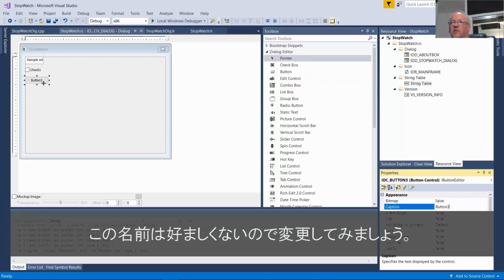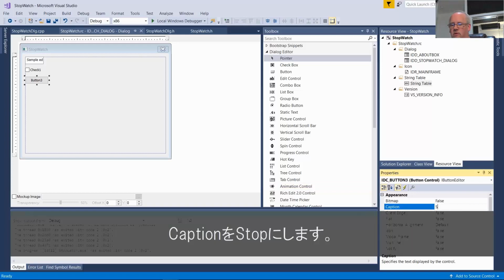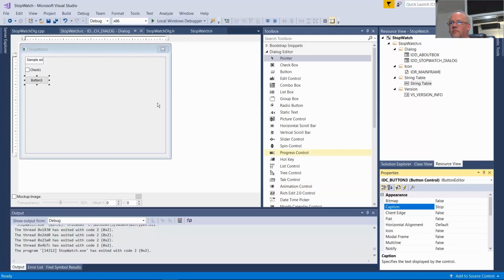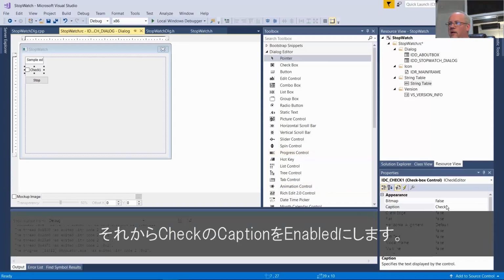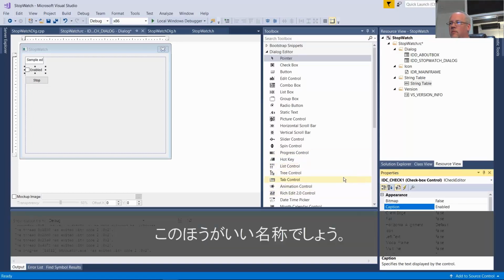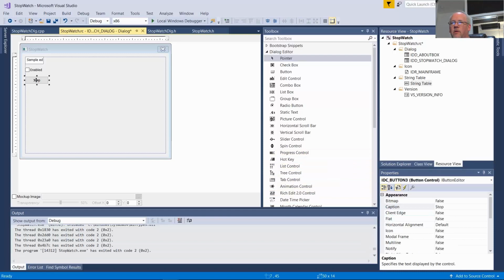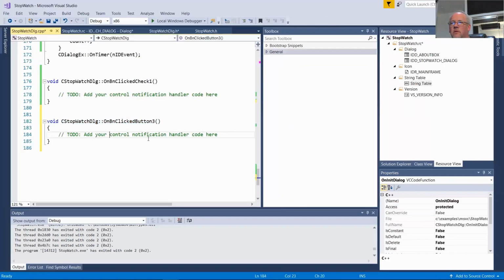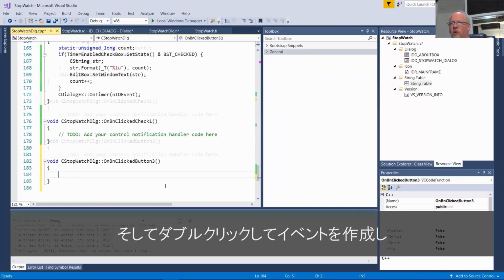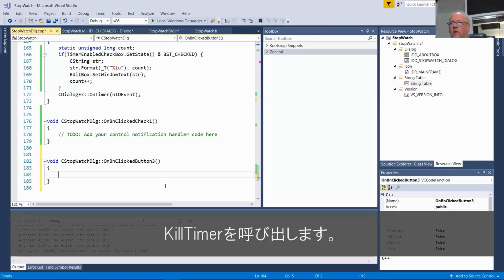I don't like these names, so I want to change this over here. The caption, we'll call it Stop. And then check caption, Enabled. These are a little bit better names. When you double click, it creates an event where we want to call KillTimer.